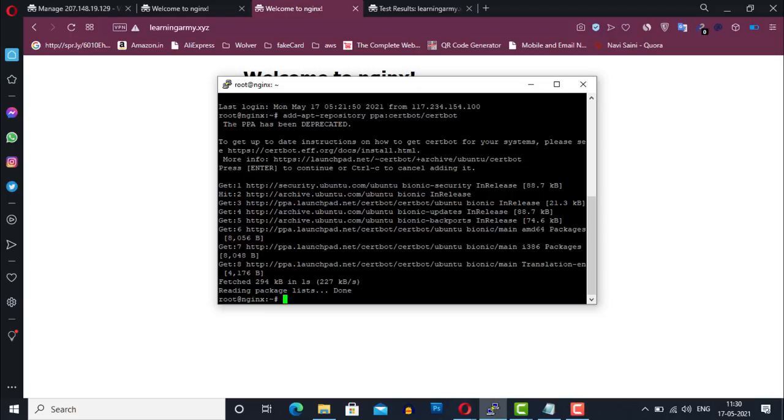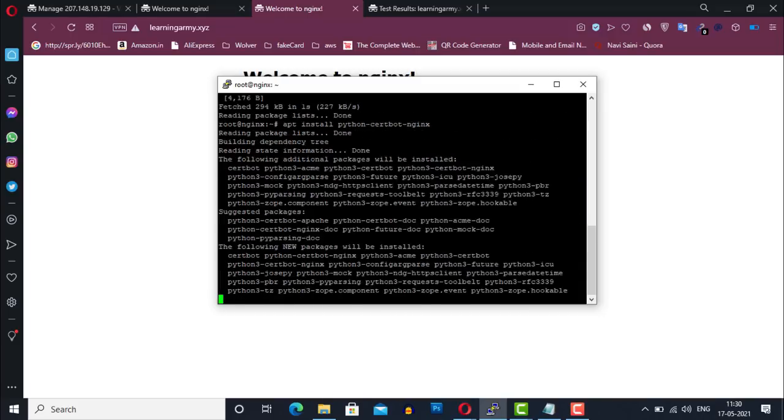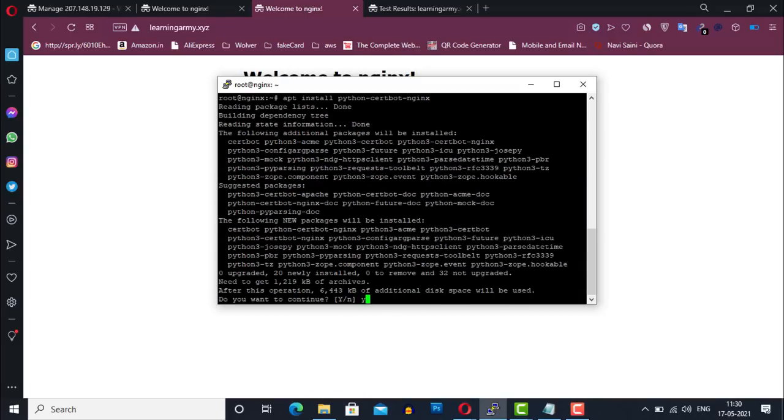Once the repository is added, now we have to install Certbot's Nginx package using the apt method. So type the following command. Enter Y to continue.